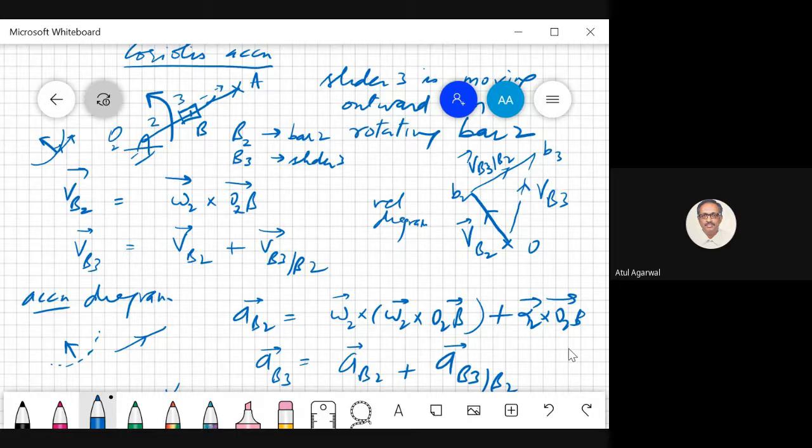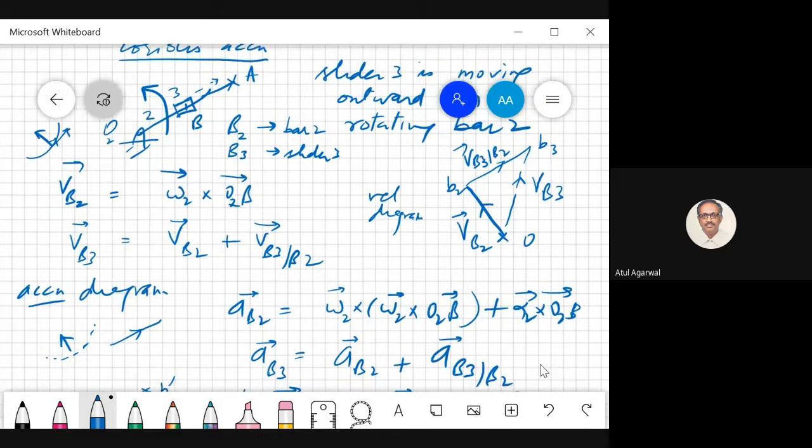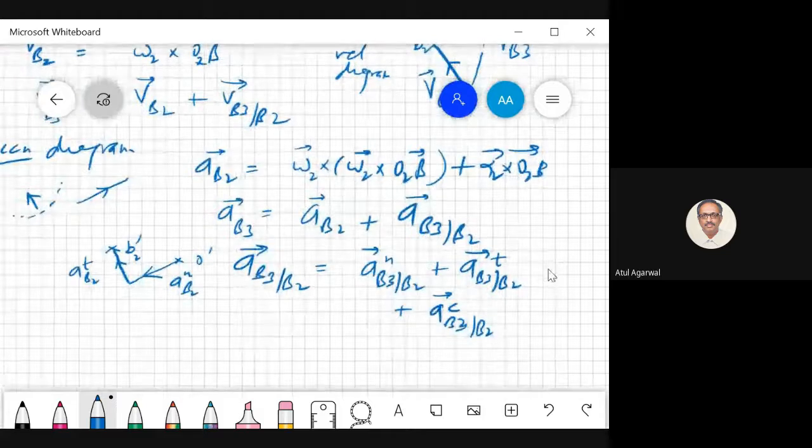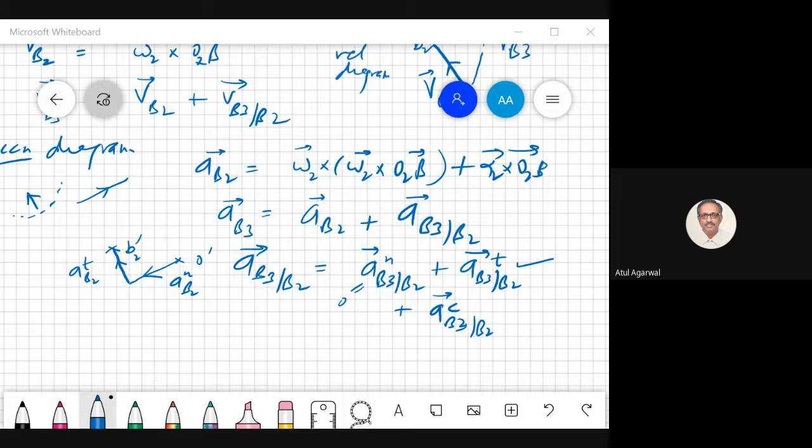Yes, sir. So since it is moving in a straight slot, there is only a tangential acceleration. Normal acceleration is what causes a change in direction. So here this term is zero, and this will be given to you, that this slider is accelerating outward with this acceleration. Plus there is a Coriolis term. Why do you have a Coriolis term? Because the observer is rotating. I will explain how this term comes up. But what is the value of this Coriolis acceleration?